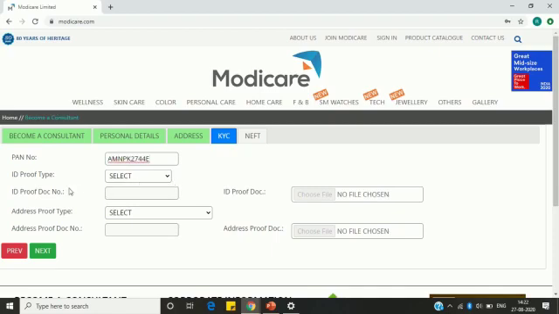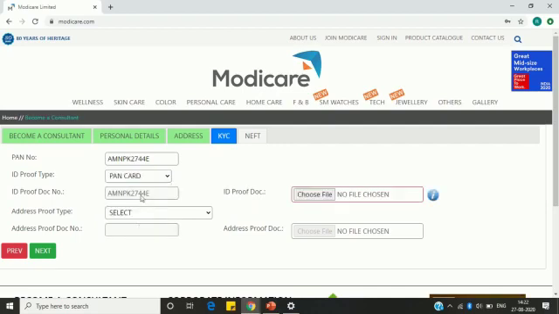Once you do that, the second option is ID proof type. ID proof means your identity proof. And once you click here, you can see some options. Voters ID, driving license, passport, PAN card, Aadhaar card. So which one you want to upload? Select the corresponding name. So here I am selecting PAN card.